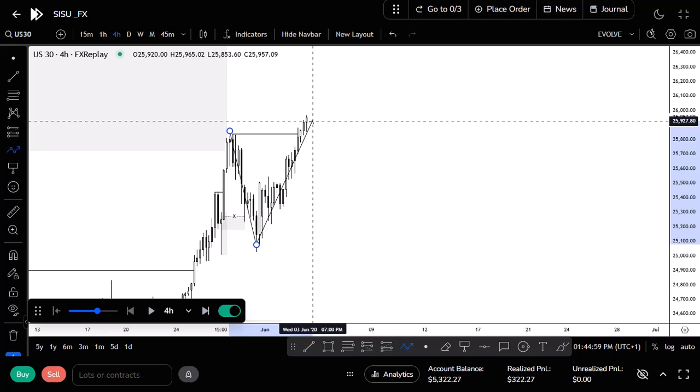A failure swing is when a low failed to complete its job, a sweep of liquidity before the shift, or just a rapid break. So I think let's just stop here. We will continue in another lesson. This is about 30-something minutes over, because the network is kind of frustrating.